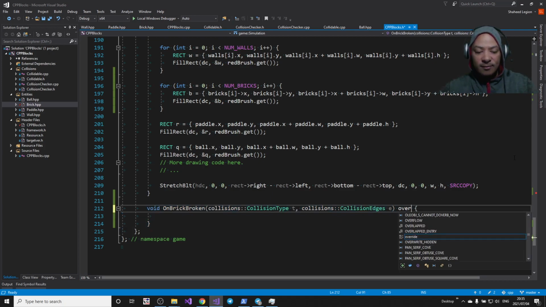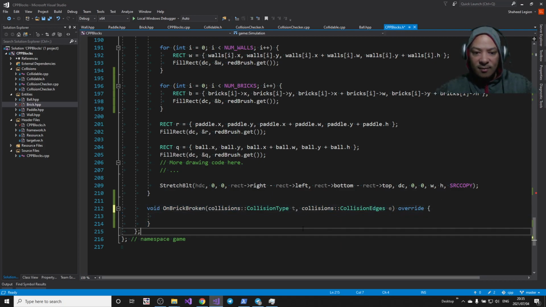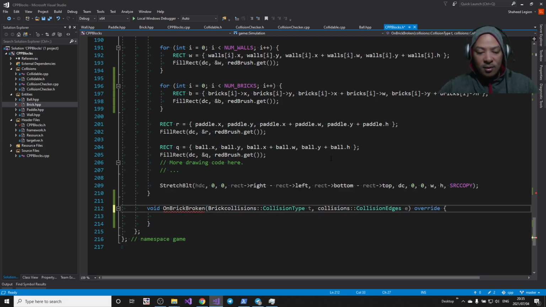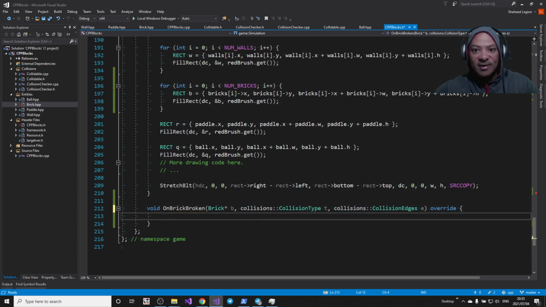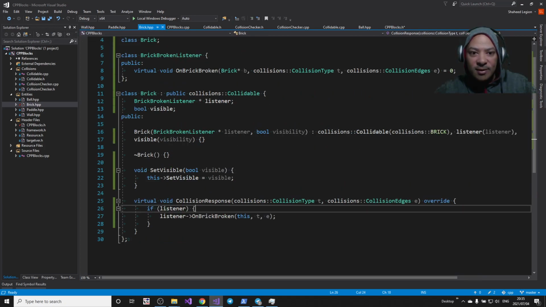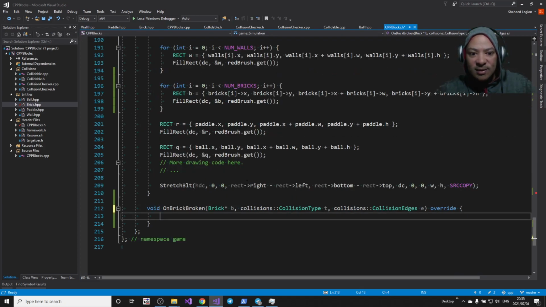If I do that, it should complain. There we go. Now it complains. So what I want is a brick star brick. Now it overrides something because this definition has changed over here. It contains brick star b now, right? So that's the offending brick now. So what I can say about the offending brick is b set visible